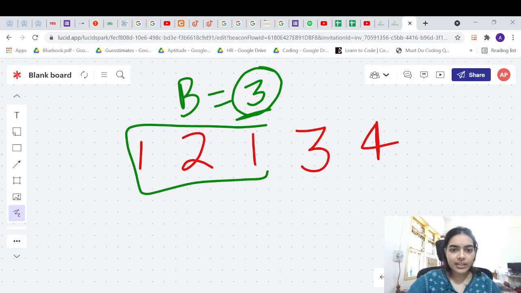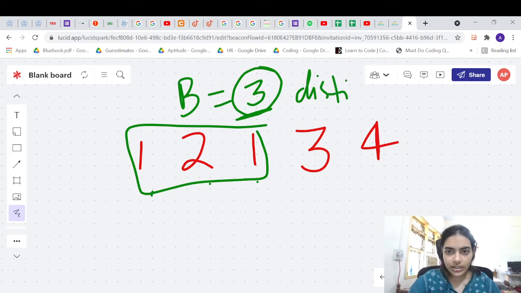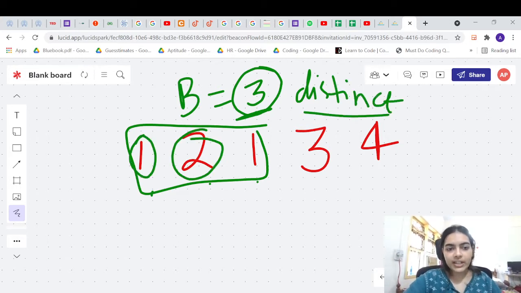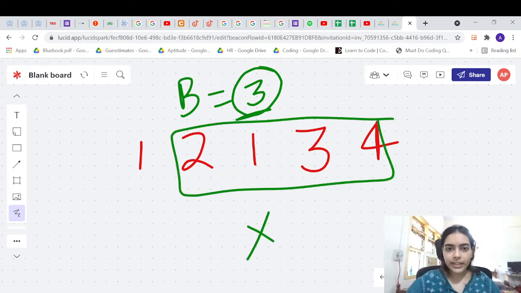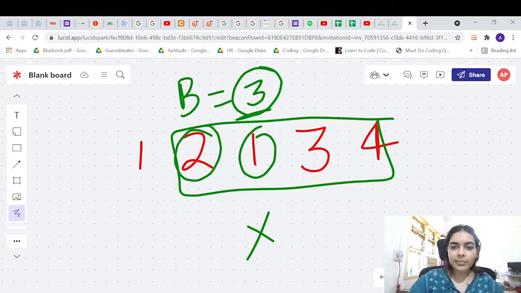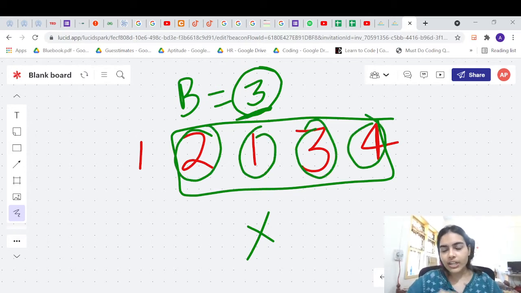What about this subarray? This is also not good, right? Even though it has length 3, we care about three distinct integers. So all the three integers should be distinct. In this case, we have only two distinct integers. One is repeating, so only 1 and 2 are different. This is also not a good subarray. You can have something like this also, which is not good either. Here all the numbers are distinct, but it crosses the threshold 3. We need exactly three distinct integers.